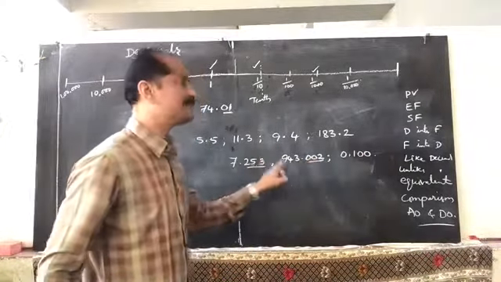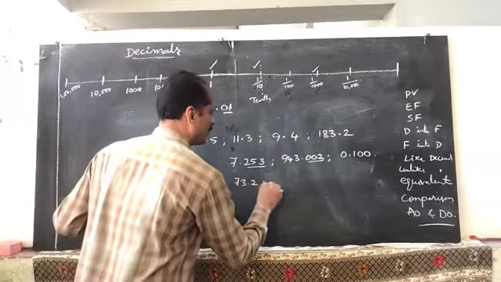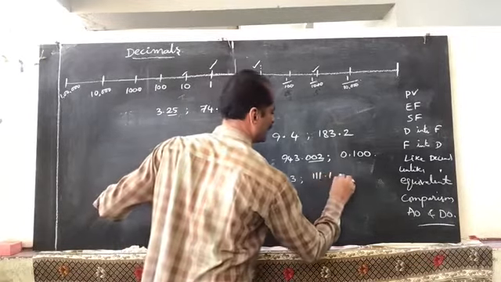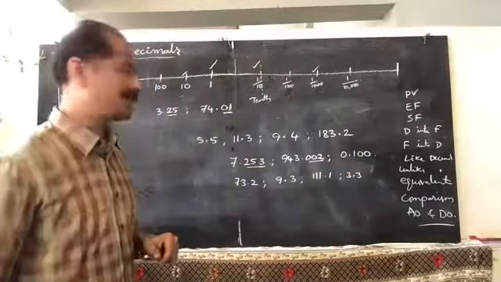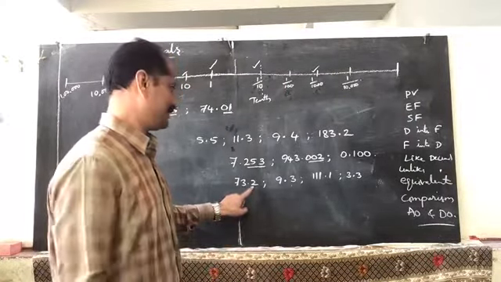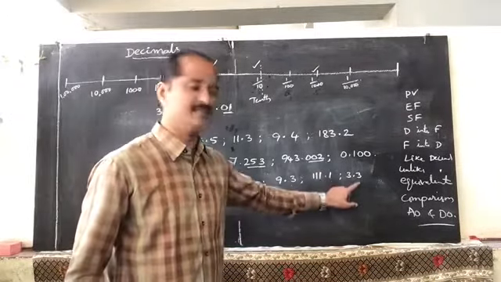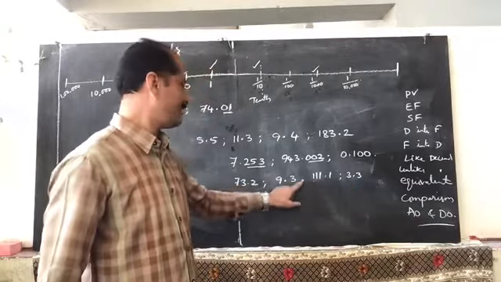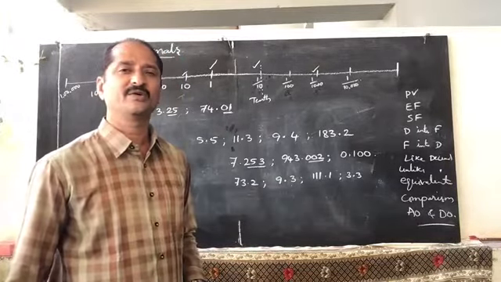So all these decimals are like decimals. So 73.2, 9.3, and so on. All these are also like decimals because the number of digits in the decimal part is equal to 1. Here 1 digit, here 1 digit, here 1 digit, here 1 digit. But the whole number part is different. Here 3, here 111, here 9, here 73. But don't bother about the whole number part. You should see only the decimal part.